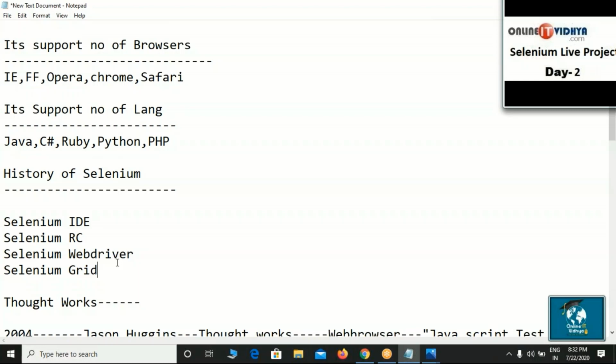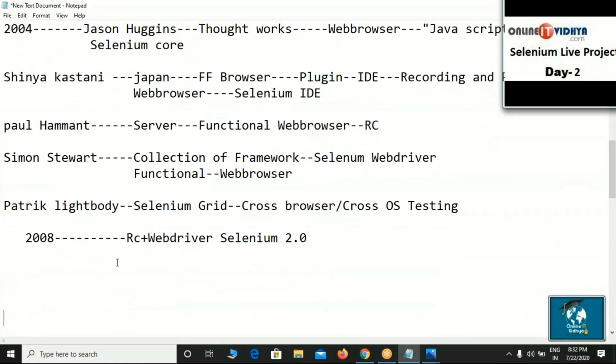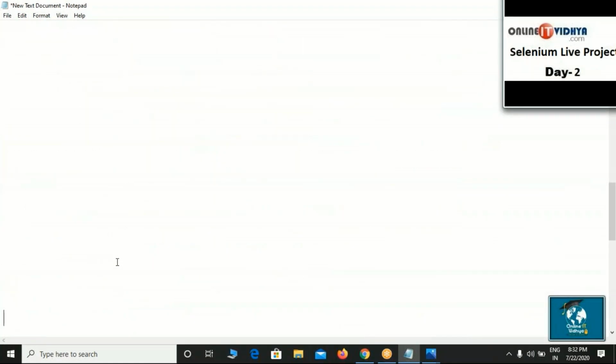And now today we can start the very first component of Selenium, Selenium IDE. Once again, Selenium has 4 components. Today we are starting the very first component, Selenium IDE. What are the features of Selenium IDE? Try to understand. IDE stands for